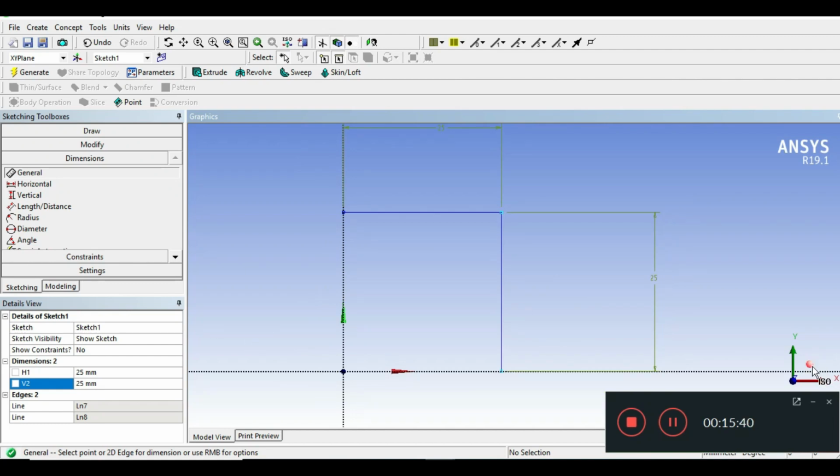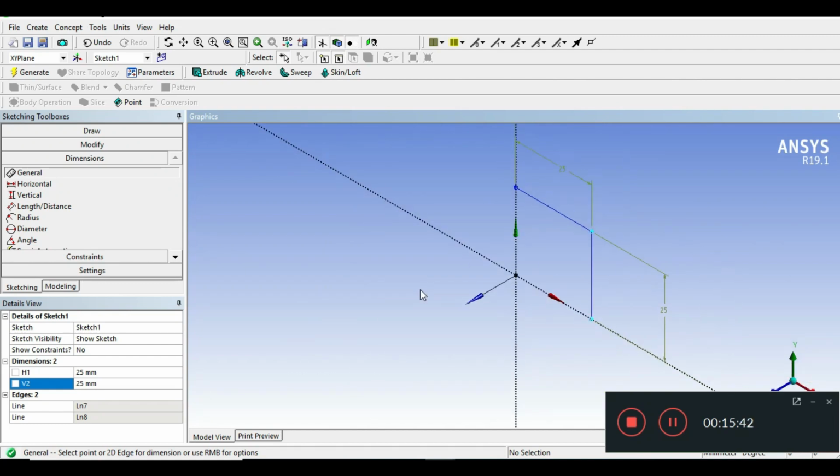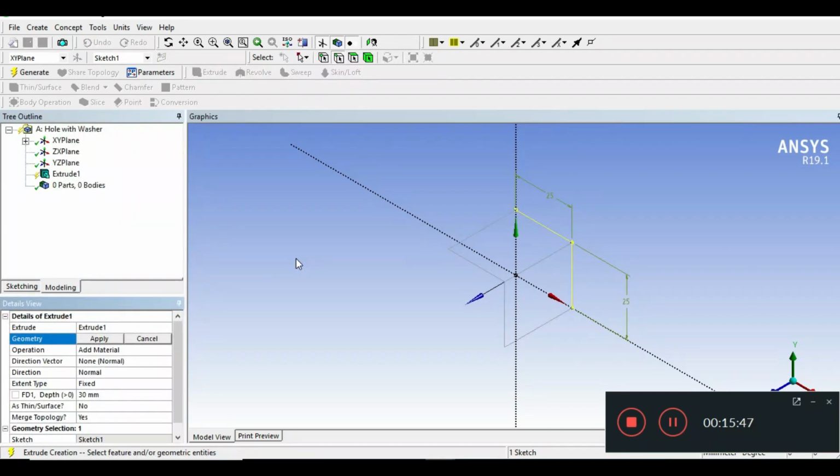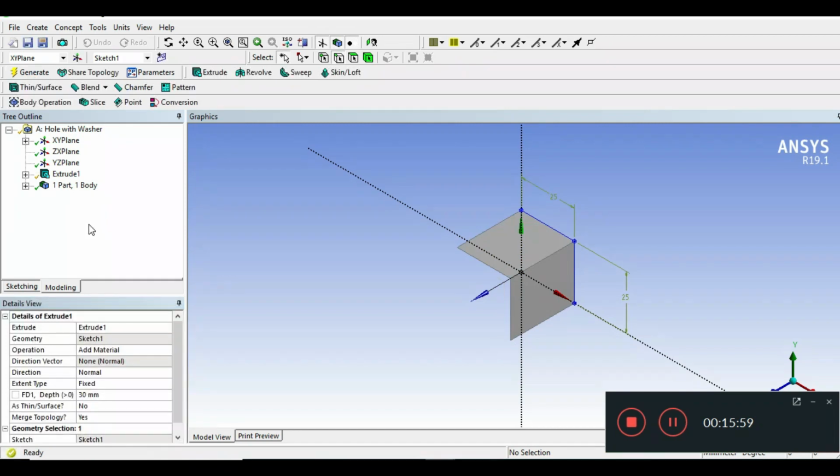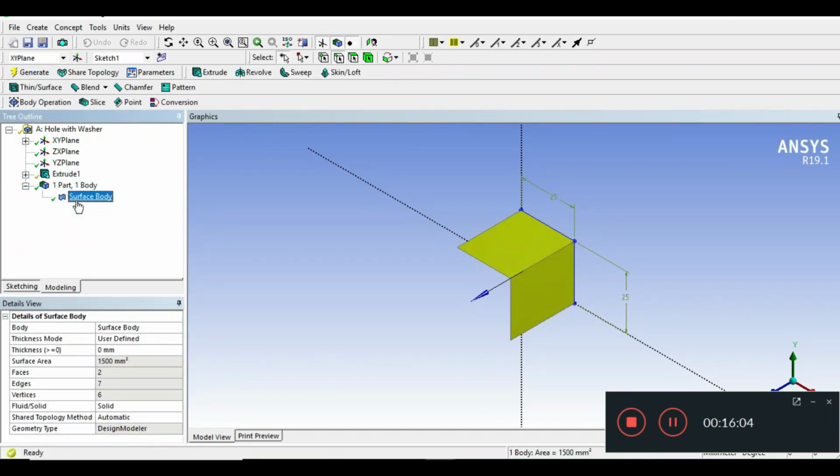Click on the ISO ball for isometric view, then click on the extrude feature to extrude this sketch. It is asking for geometry, click on the geometry, apply, then give the depth, extrude up to 30 mm, and click on generate. So here we have created a surface body.